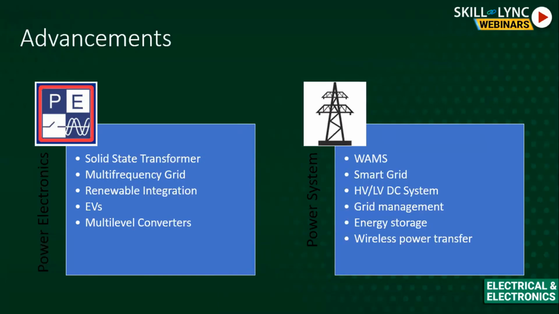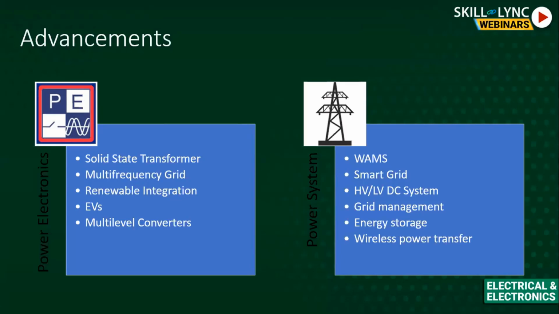So when renewable integration will be largely incorporated, these are all new areas which are being looked upon, and at the same time, based on that, our products should also be made accordingly. Because today, whatever contactors we discussed in the previous slide are very much suitable for the AC grid, but if they have to see both frequencies, your overall peak current will change. So will that peak current bring continuous heat, or will it increase the temperature rise of the product? All these aspects must be incorporated whenever there are major research or major changes happening in the grid. Then the next is electrical vehicles, multi-level converters.